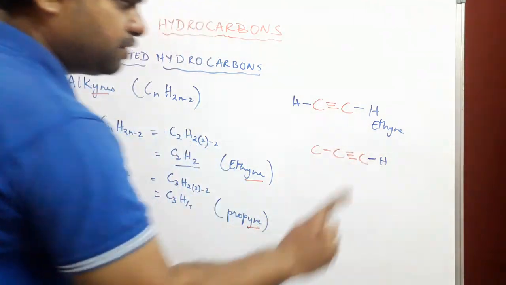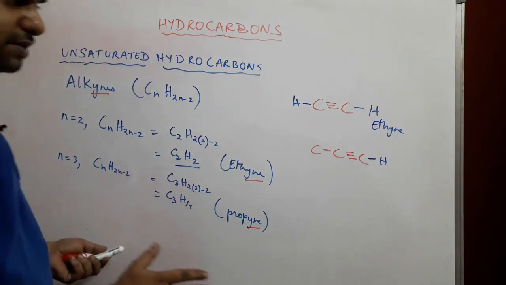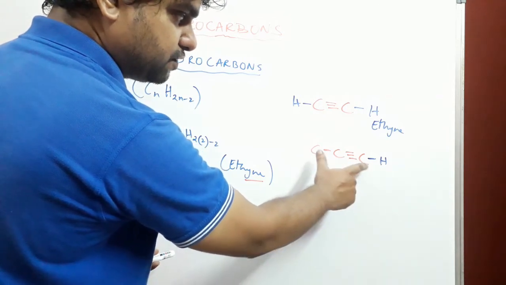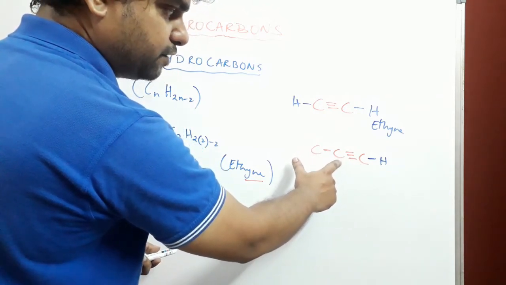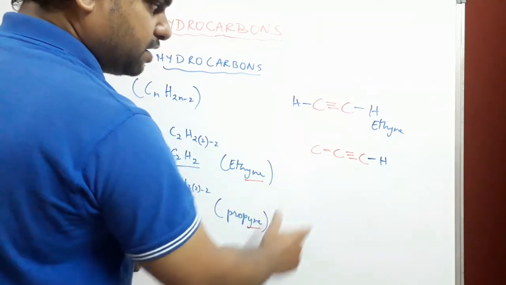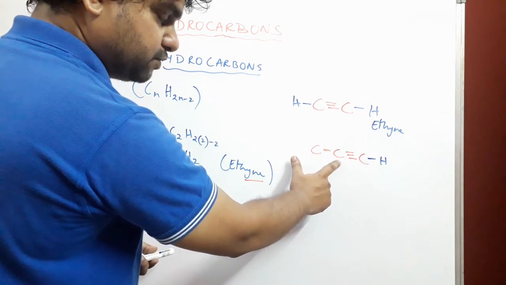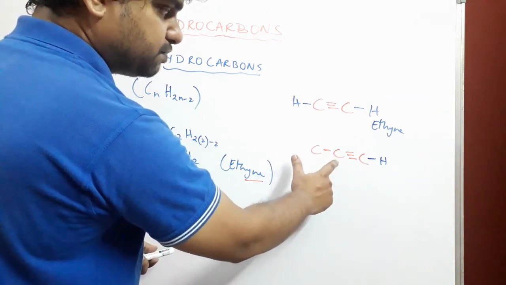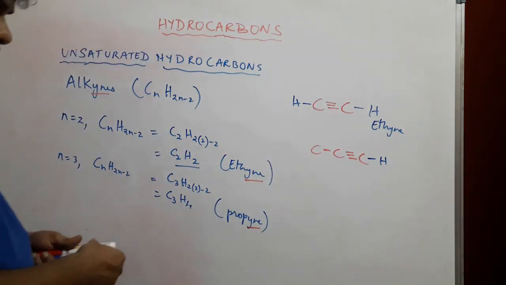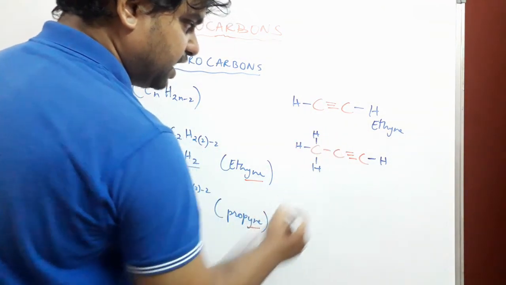See, hydrogen atoms contain only 1 electron, and it needs only 1 electron to satisfy its configuration. So it pairs up with the 1 electron remaining for the carbon atom, because the other 3 electrons of this carbon atom have already joined with the 3 electrons of this carbon atom. What about this carbon atom? Now it has joined with this carbon atom as well, but only 1 bond is possible, which means it has still got 3 other electrons which are available for sharing. So it shares them with 3 hydrogen atoms.